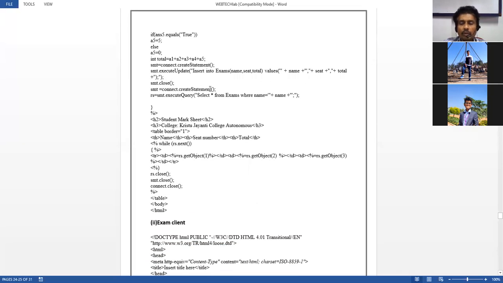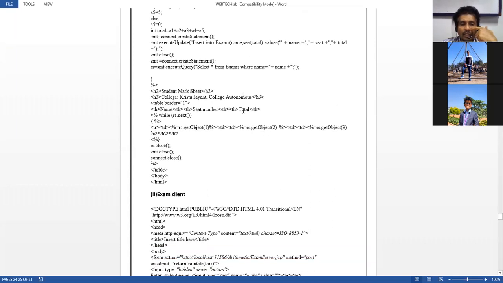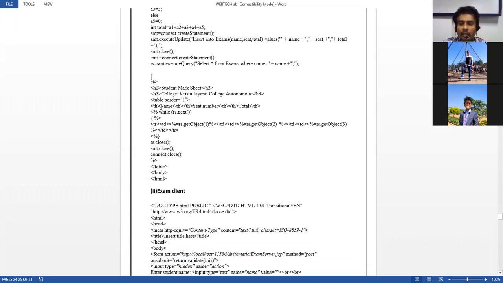And then again we are creating a statement where we are going for producing the output. Because it's already been stored, right, already we have inserted, now we are using a select statement, and through that we extract the output where we are matching with the name. If both the names are equal, then that is the case where we are printing the mark sheet.